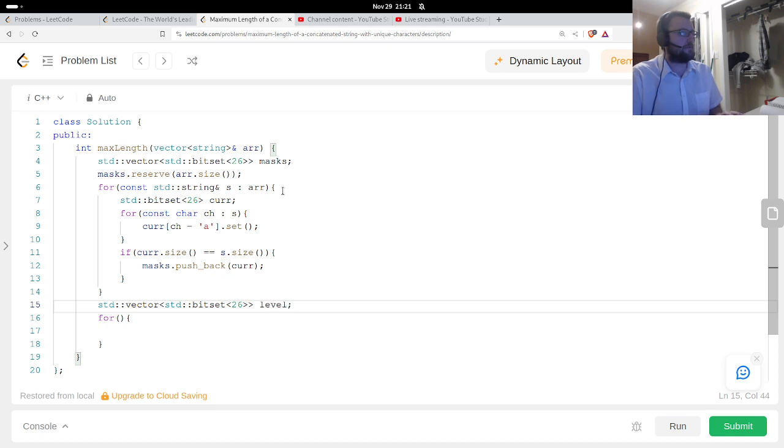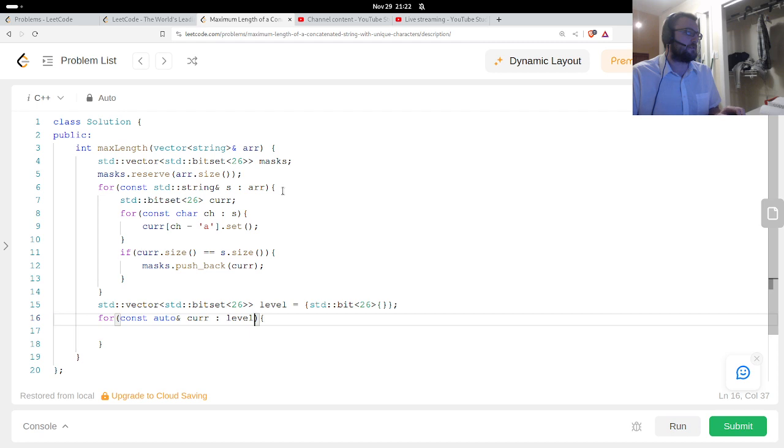Level. And this is just going to be initially single empty bit set. And we're going to say const auto current in current bit set in the level.